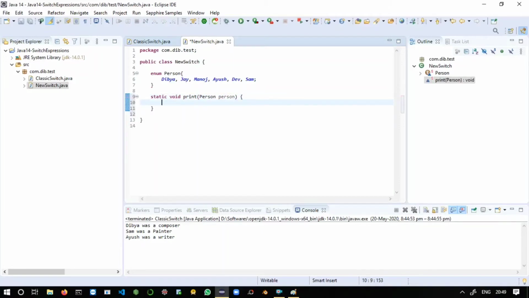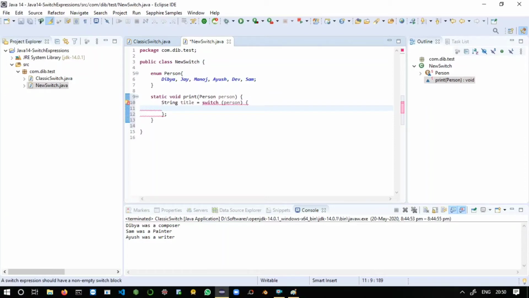So here you can say string title equals to switch of person. So here open, just ignore this error, just place a semicolon there.